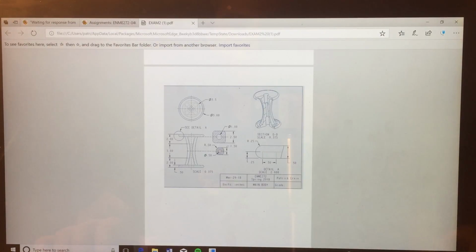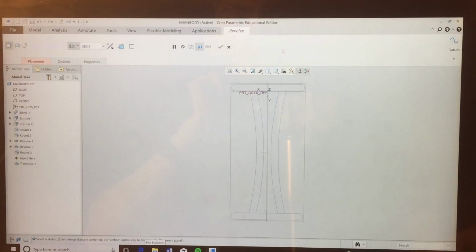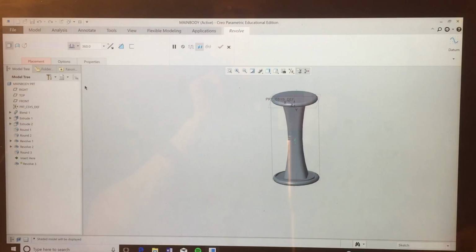That seems too short, but maybe it is something to do with... Okay, it is in fact 2, but what happened was, let's go ahead and quit out of this. What happened was when we did our blend, I messed up the distances of the sections. So what we can do, we can just go ahead